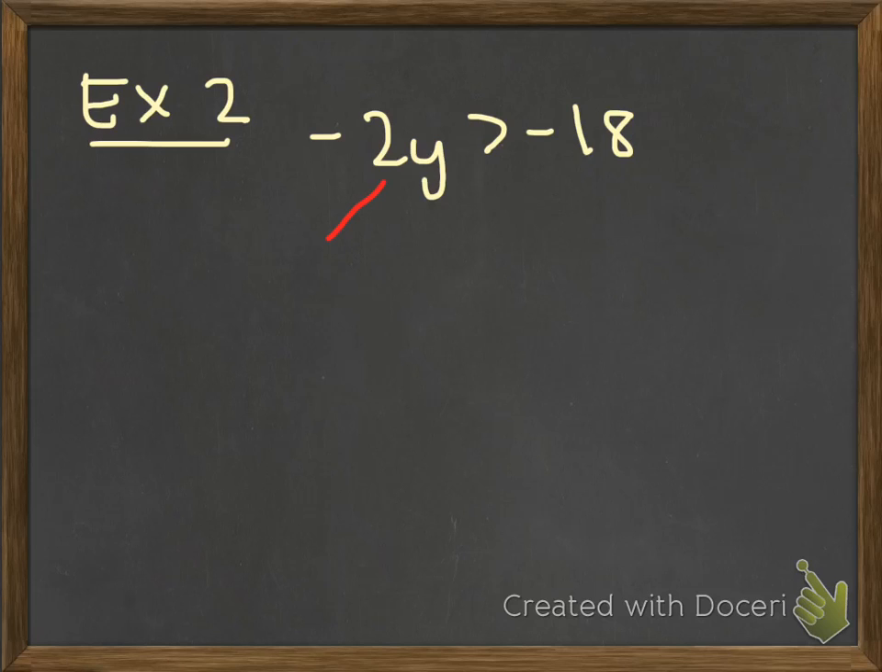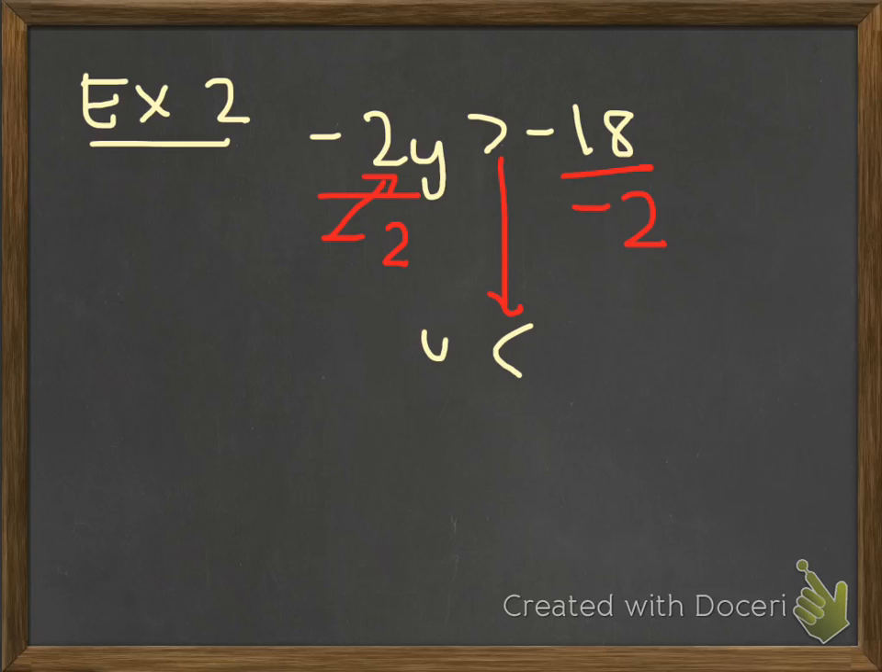There's a negative 2 attached to the variable. And whenever that's the case, we're going to change the inequality from greater than to less than. Or if it's less than, we change it to greater than. But the steps are still the same. Still divide by negative 2, divide by negative 2,